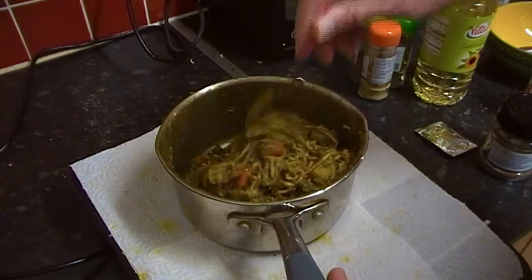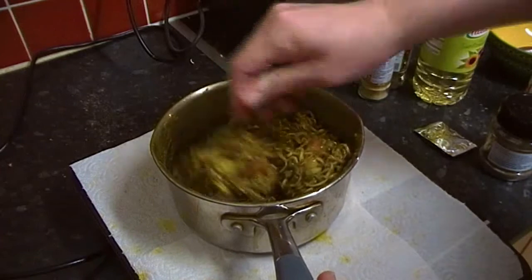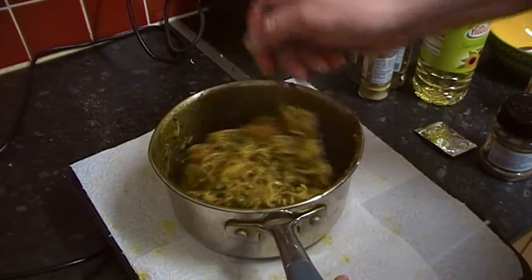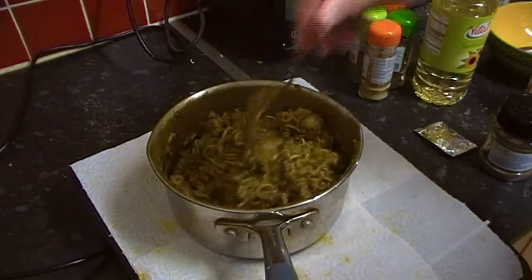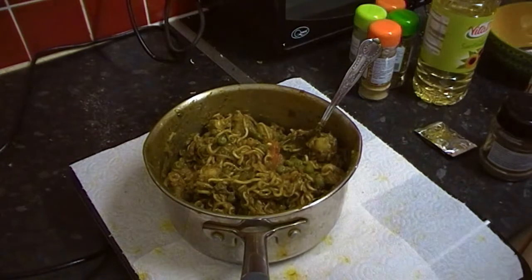Right, I want to try and get this take done in one go, so the camera doesn't pause on its own. Hey, digital cameras, they always do that. They pause on their own and everything's done in segments. Right, all stirred in, right, folks. Now the